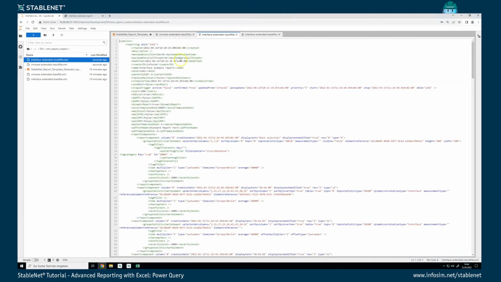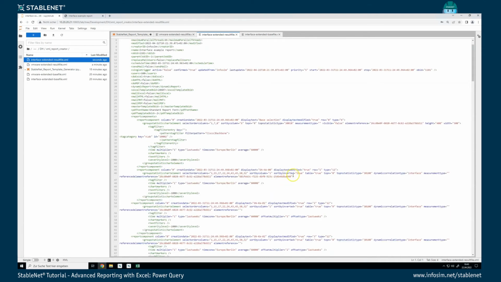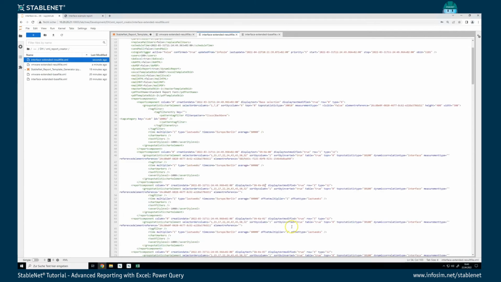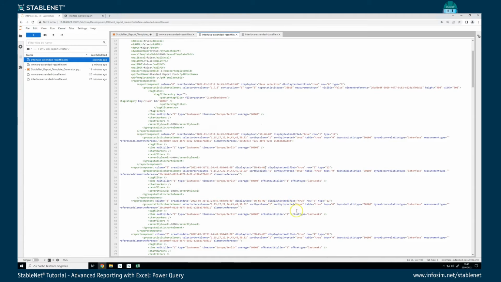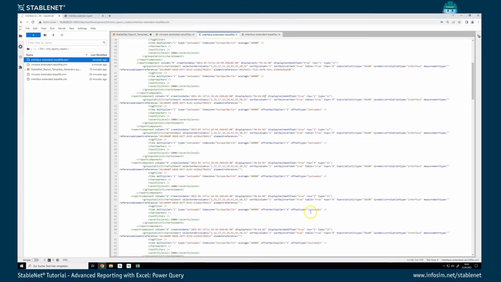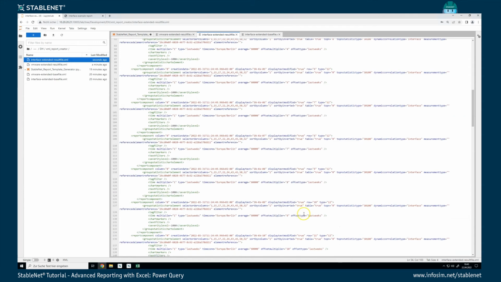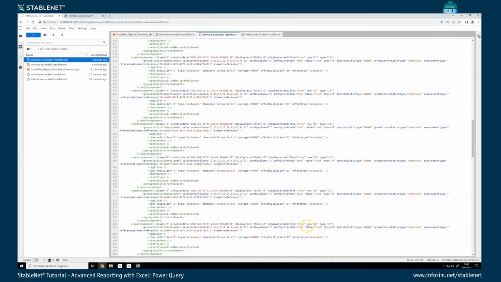So all the top of the XML is exactly the same. I have my base selection with my Cisco backbone VLAB tag filter, and then I have my calendar week 0. But now if I look at the XML, I also get a calendar week 1 with an offset multiplier 1 of the last week. So it's shifted by 1 week to the past. I get calendar week 2 with an offset of 2 weeks, calendar week 3 with an offset of 3 weeks, and so on. So this is just a simple for loop in my Python, which is creating a final XML